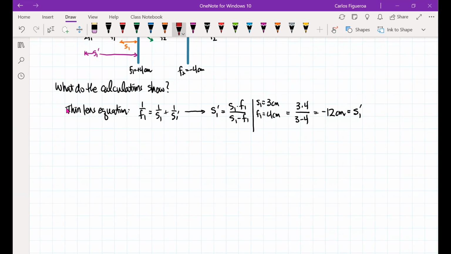So I know what that image is now. Note that it's greater than 8. It looks like it's around 10-ish or 9-ish on the graph here. So then if I look at the magnification equation,